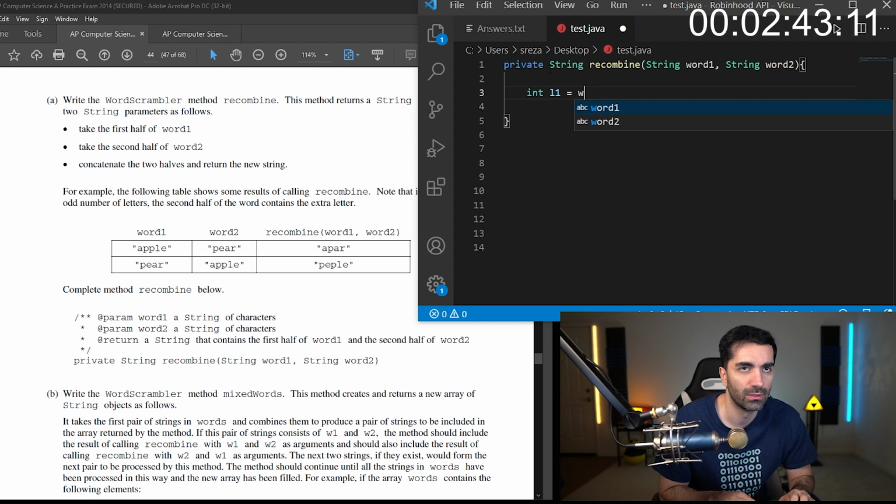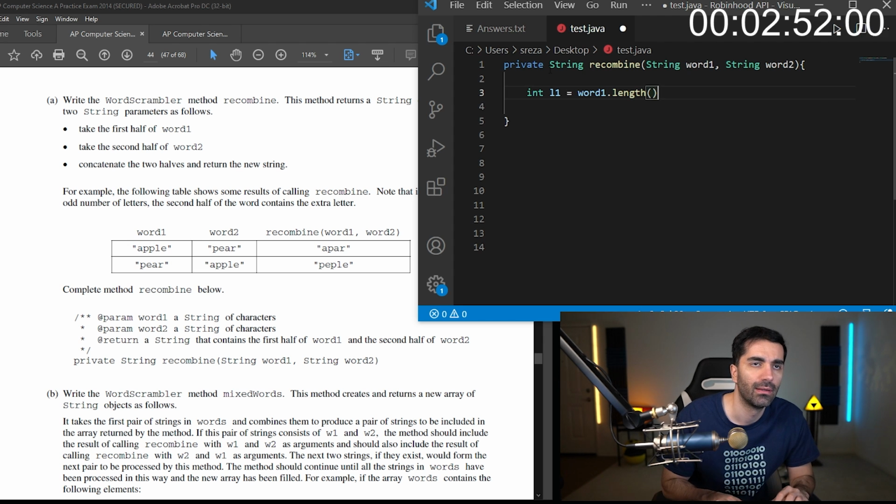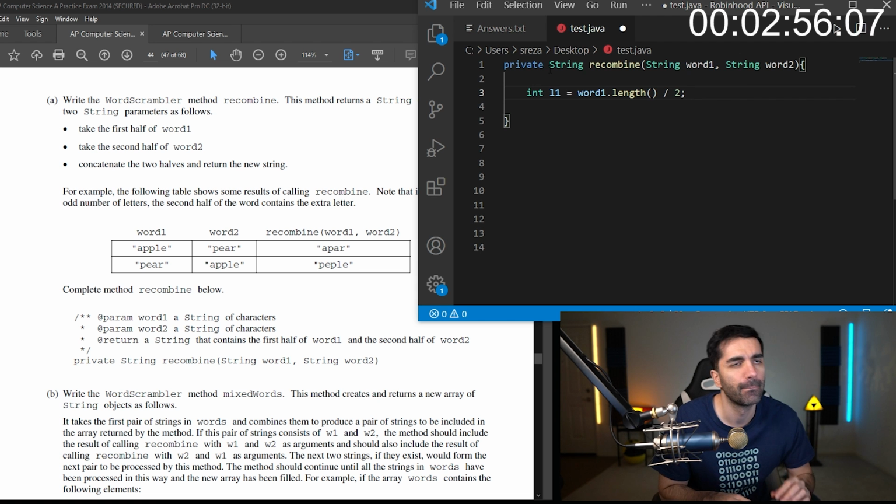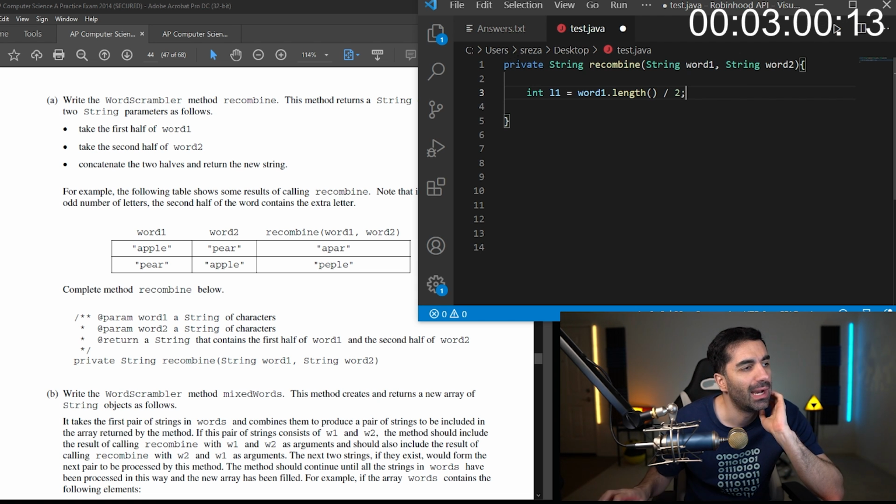L1 equals word1.length divided by 2. So for apple, it would be 5 divided by 2, which would give us 2.